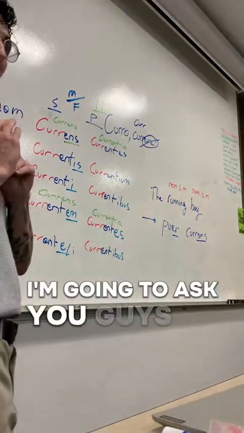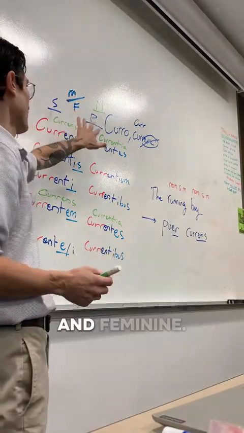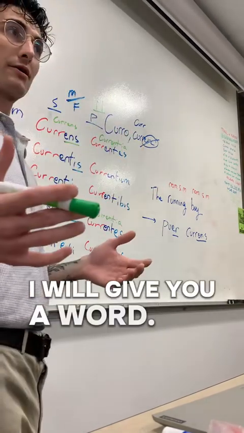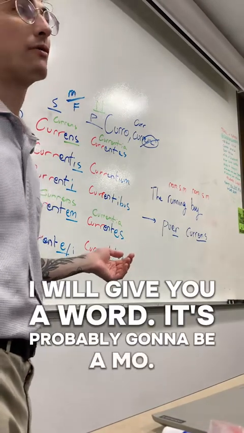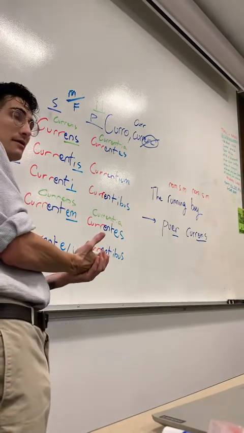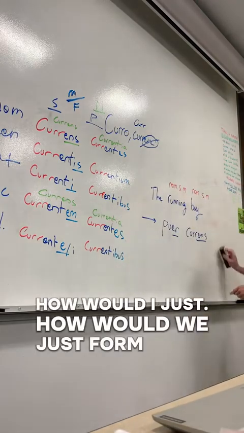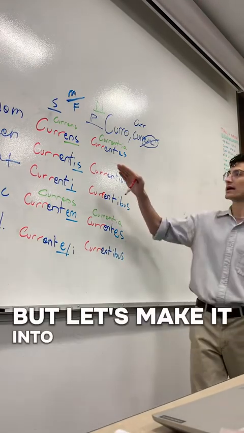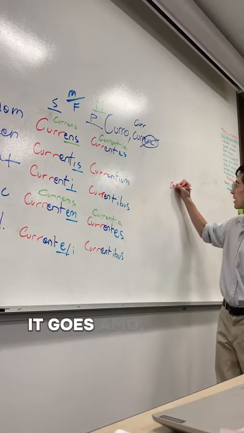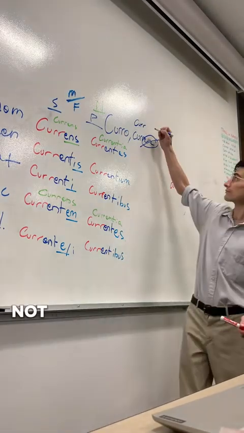I'm going to ask you guys to replicate this in only the masculine and feminine. I don't want to deal with the neuter. I will give you a word. It's probably going to be amo, so think amo. And remember how we first form it? So essentially, well, let's practice. How would we form amo, but let's make it into its dative singular. How about it? So you remember it goes amo, amare. I'm going to say I was kind of wrong, not really wrong, but I'm going to